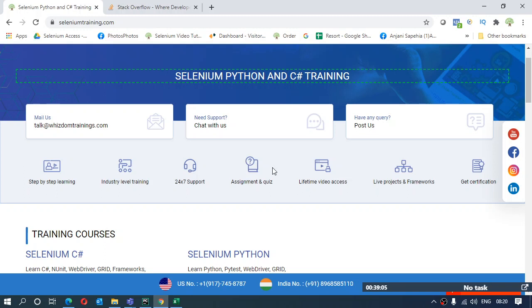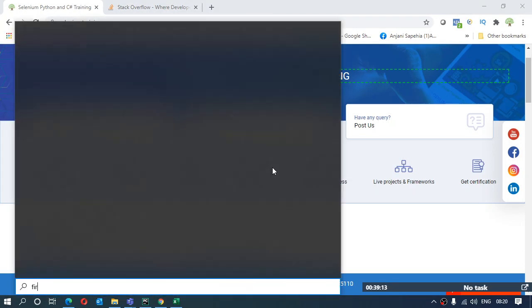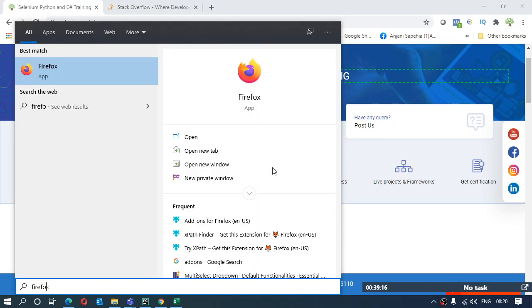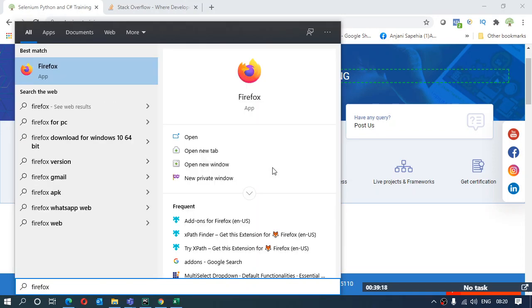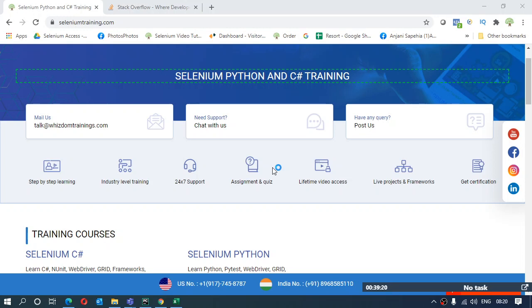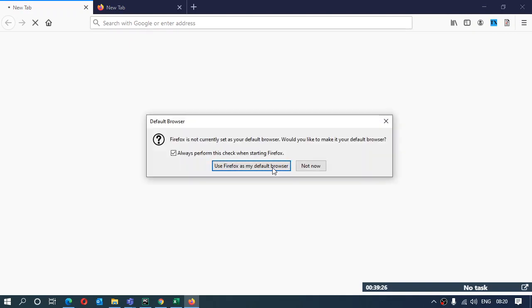Edge will be easy for you to do because it's kind of the same as Chrome. Both are kind of the same to each other, so that's not going to give you any different experience. But yes, Firefox is going to be a little different from Chrome here. Why is it so? I'll tell you.